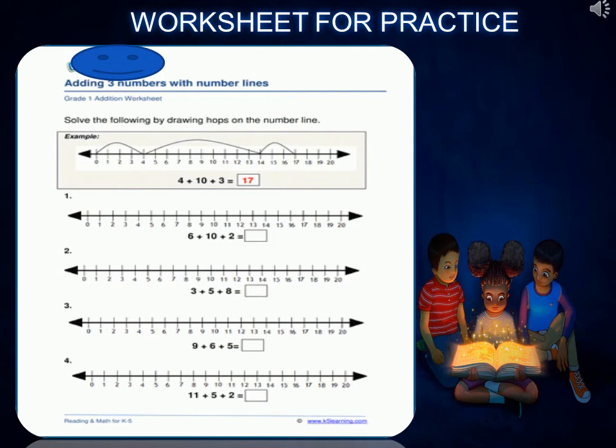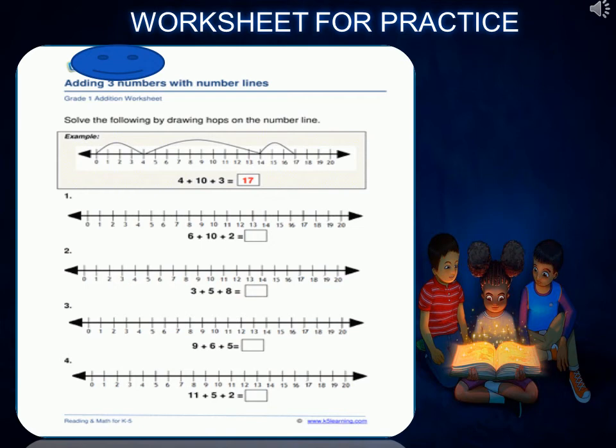Circling on the number line makes you perfect for the answer. You cannot forget the answer while writing it down in the box given. You can solve the worksheet in your mathematics copies. If you face any problem, please note it down. We will be discussing the problems in our next class.